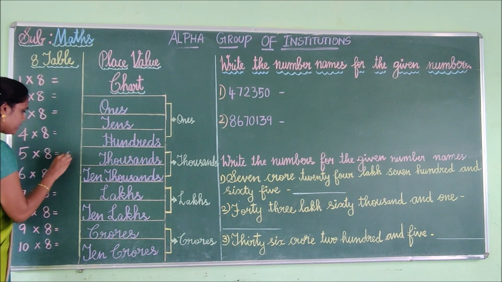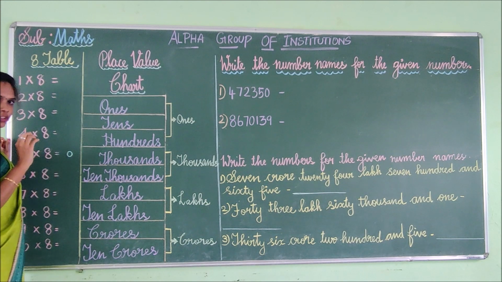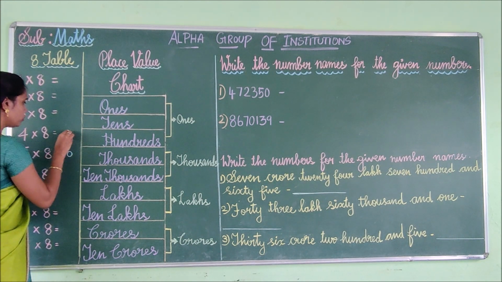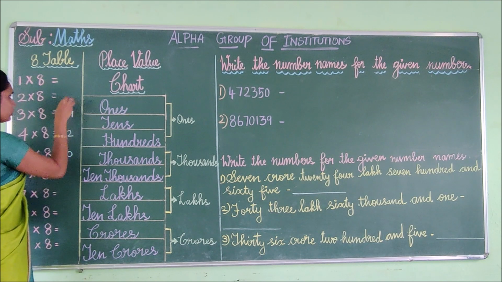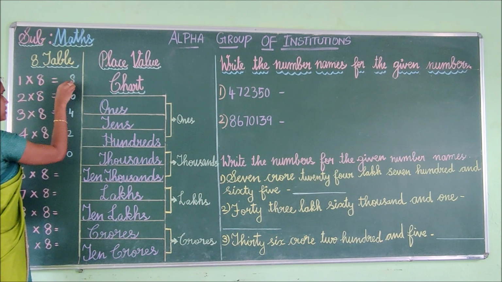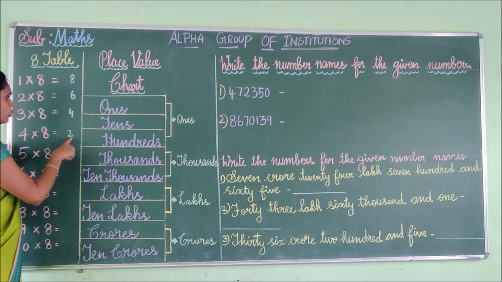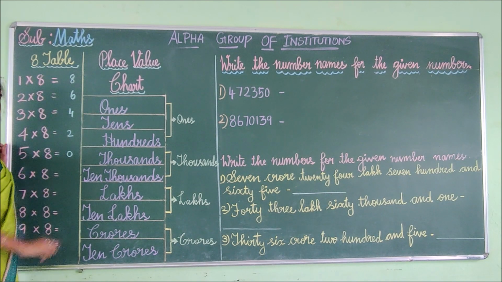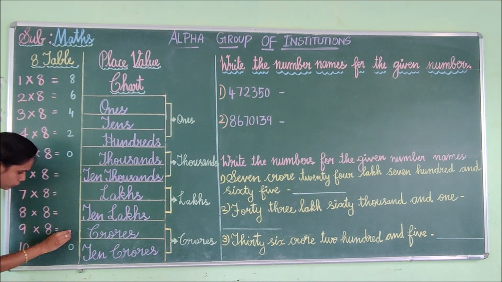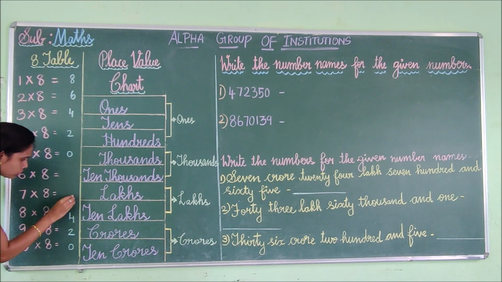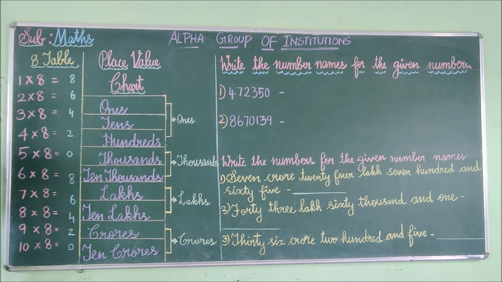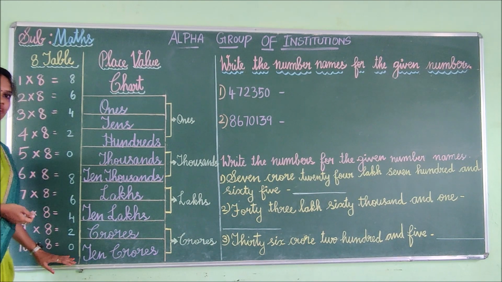Okay children. See, 0, 2 table. We are going to fill the 2 table numbers. 0, 2, 4, 6, 8. So these are all numbers that come in the 2 table, right? 0, 2, 4, 6, 8. The same numbers I am going to fill here also from the last. 0, 2, 4, 6, 8. That's why I have split into 2. So up to 5 I have started and the same numbers I have started from the bottom.